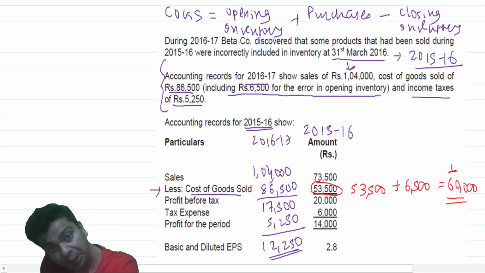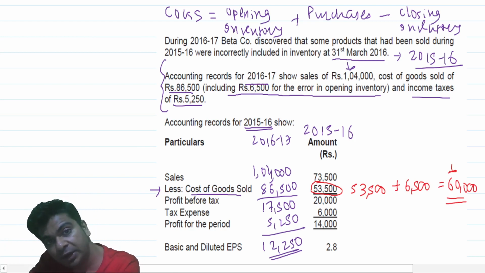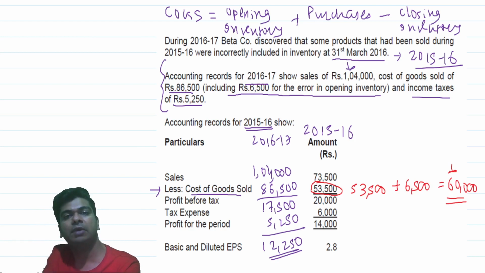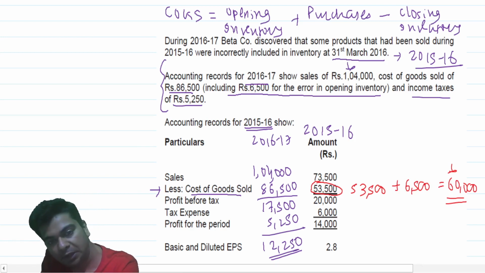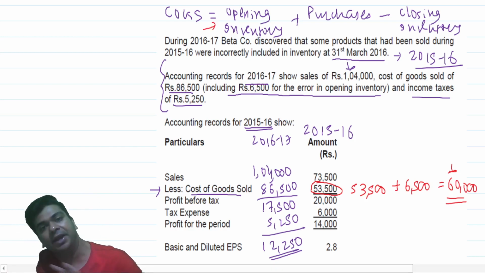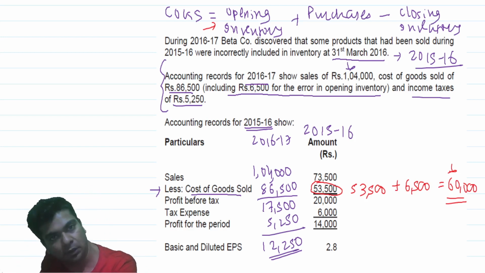Okay. In the current year, previous year closing inventory will be reduced by 6,500. Hence in the current year, opening inventory will reduce by 6,500. Right, this is the formula that I have: opening inventory plus purchases minus closing inventory. Opening inventory is added. The figure that is added will be decreased. That means cost of goods sold will be decreasing.